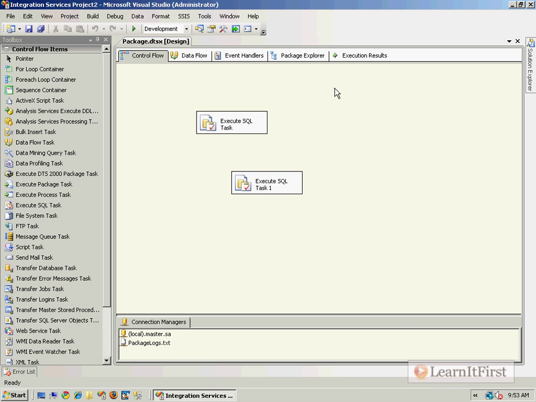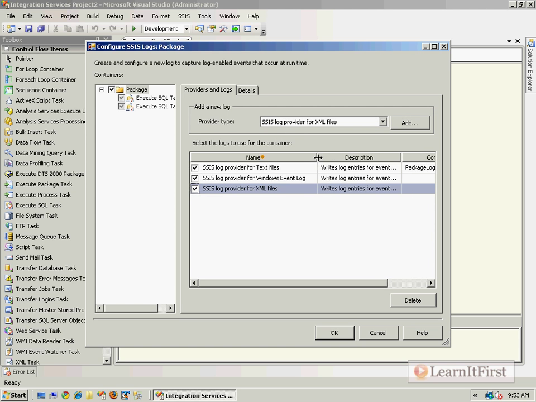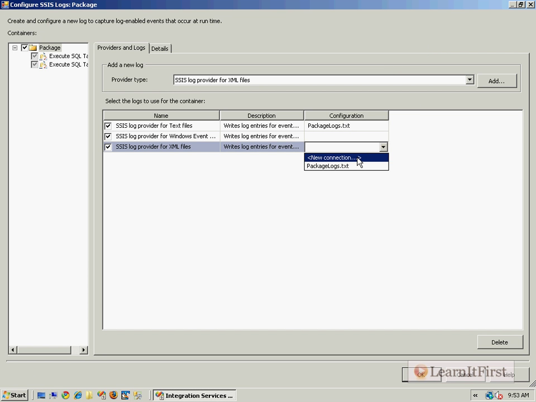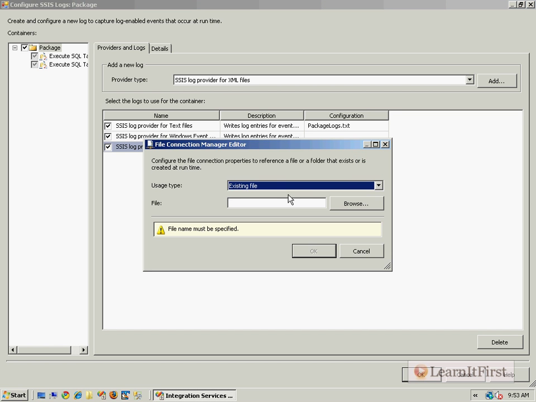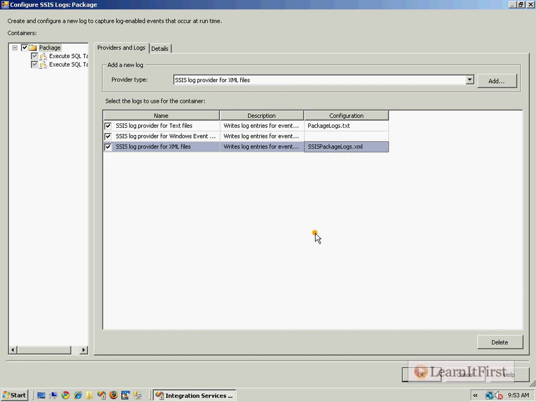So let's continue. The next one, the XML file, is very simple. So I just click add. Just like I did with the text file provider, I have to go to the configuration and make another connection manager. So I make a new connection to a create file, needs to be right here. So SSIS package logs.xml, say OK,